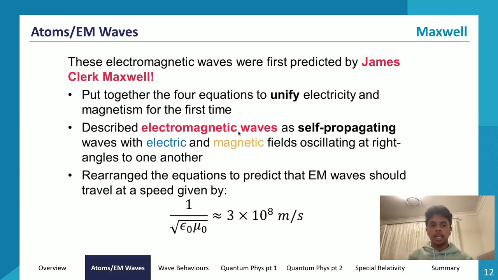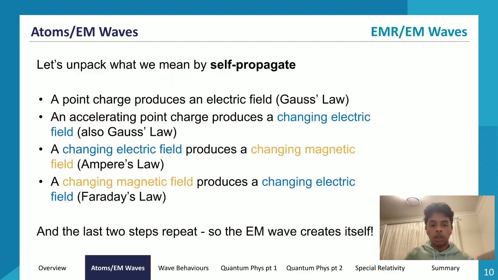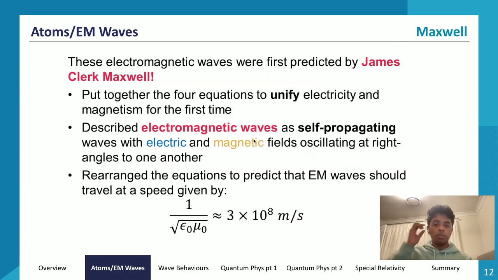We don't do case studies and depth studies on what Maxwell did in his life, but there is one important thing that has significantly contributed to our understanding of HSC physics particularly, and that is what they're going to test us on. So what he did was he put together 4 equations to unify electricity and magnetism for the first time. And we came across some of these 4 equations over here. So Gauss's law, Ampere's law, those were some of his 4 equations. Now, you don't need to know these 4 equations. You don't need to be able to write down these 4 equations. You just need to know that he put together 4 equations to unify electricity and magnetism.